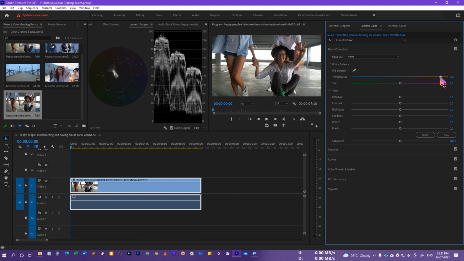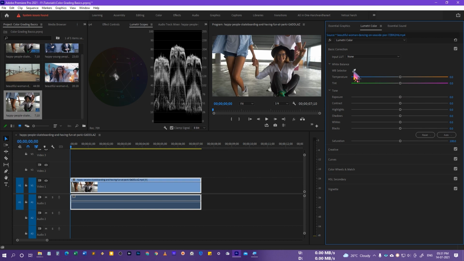If I drag it to the right-hand side, it's going to introduce a warm color or warm tone. Then we have the option of tint, so we can drag the tint towards the purple side or towards the greener side. All right, and if you double click it, the slider goes to its default position.